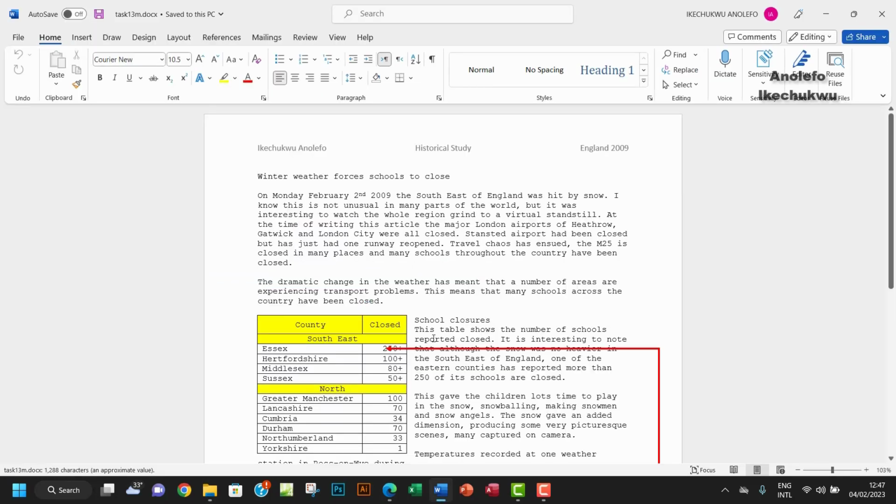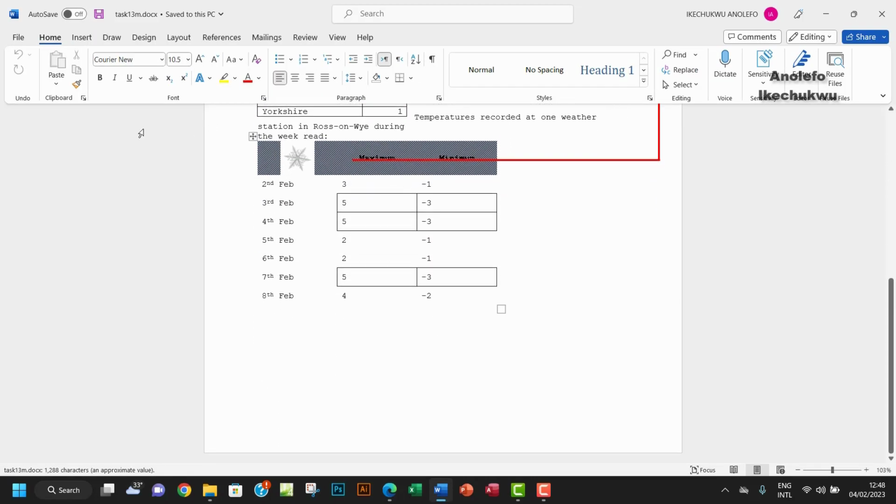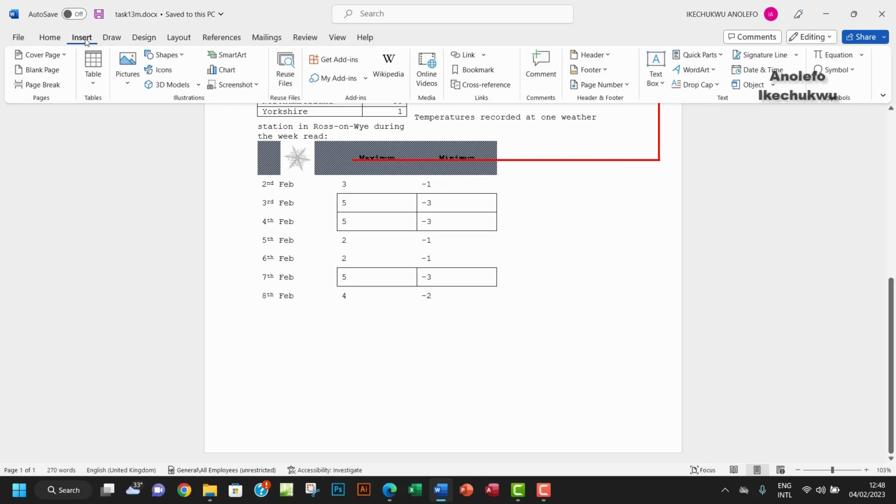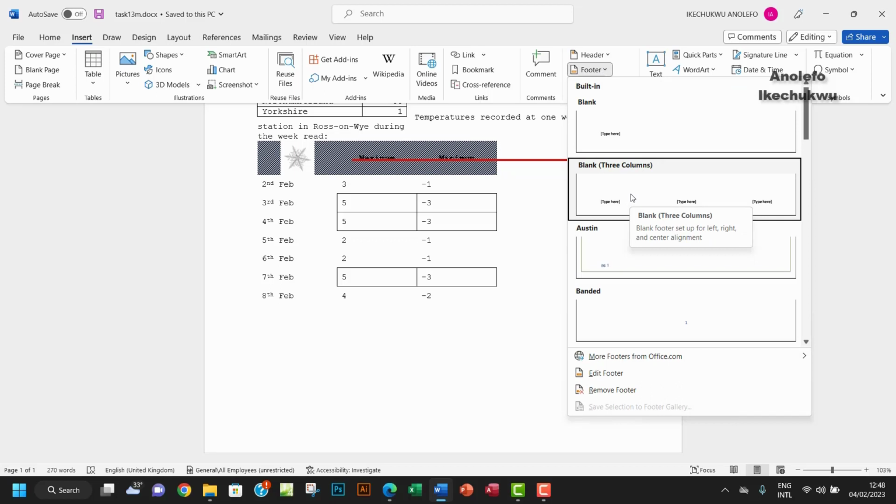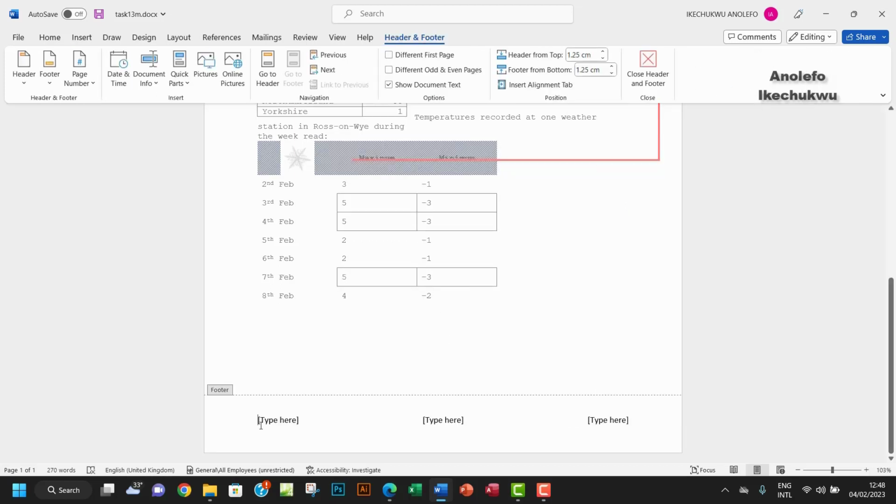Let's open that. And then of course we're going to go to the footer first from insert. From footer I want to get to the 3-column blank, and then click on this. So left, I want to have saved on. Let me be sure of what I'm doing. Yes, saved on, space, and then